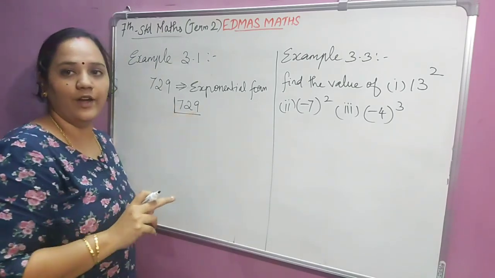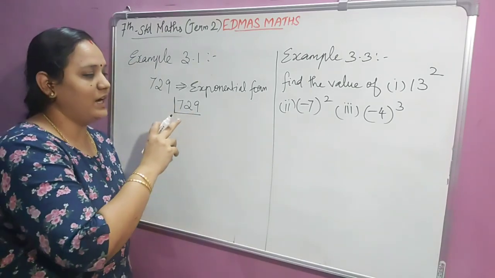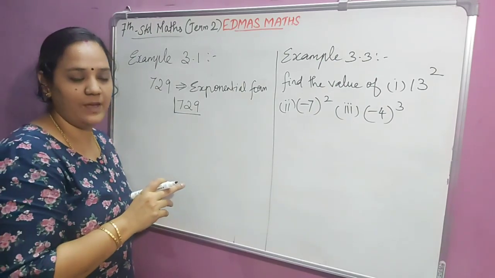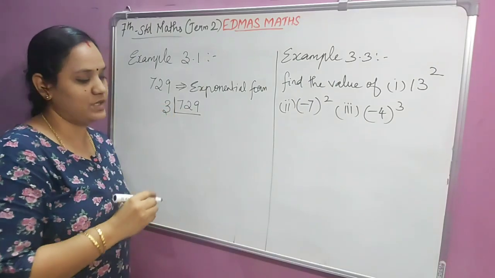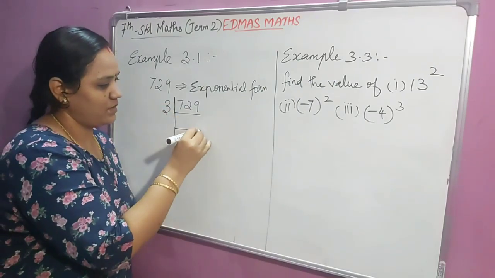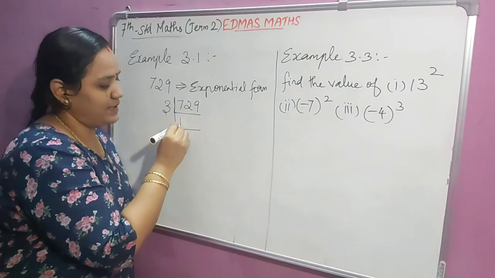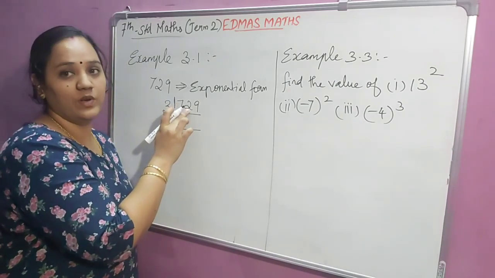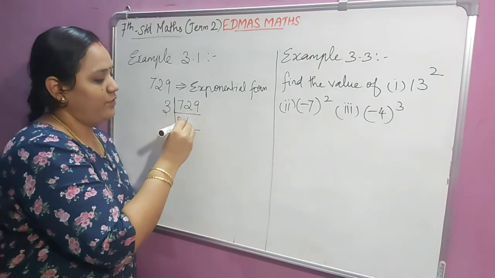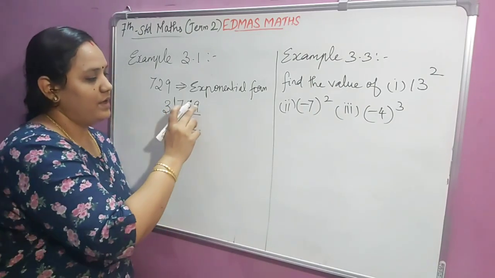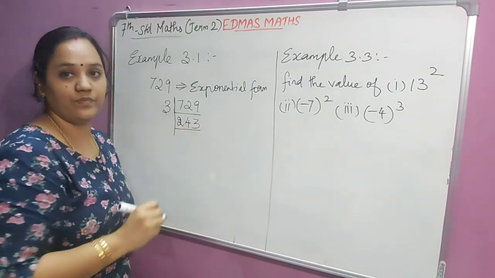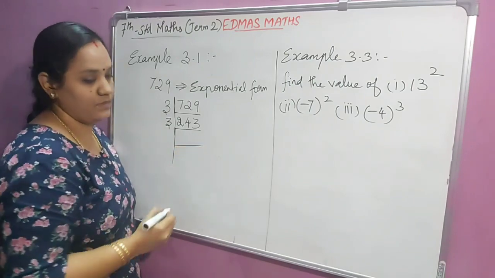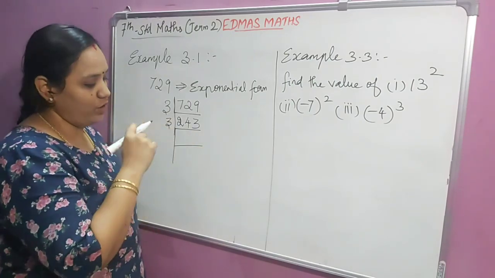Since this is an odd number, we can't try it with 2. So here shall we try it with 3? So I am going to use the 3 table. So 2 threes are 6, balance 1, and this will go here as 12. 4 threes are 12. Here I have 9, so 3. Again shall we try 3? 3, 24, how many times?